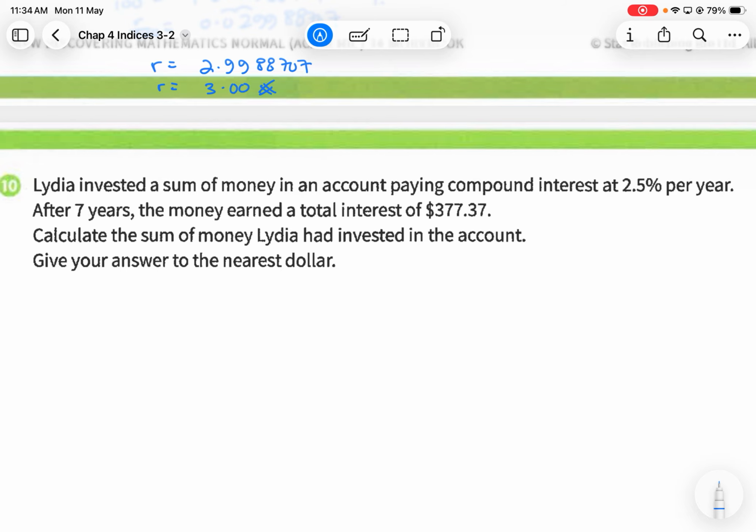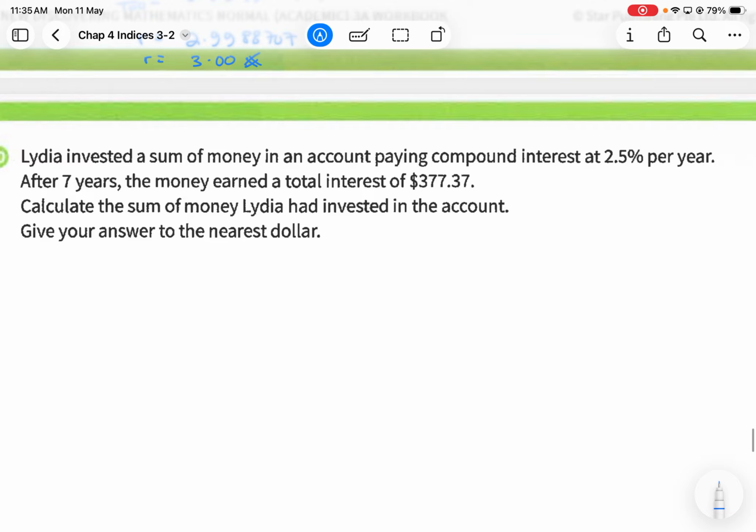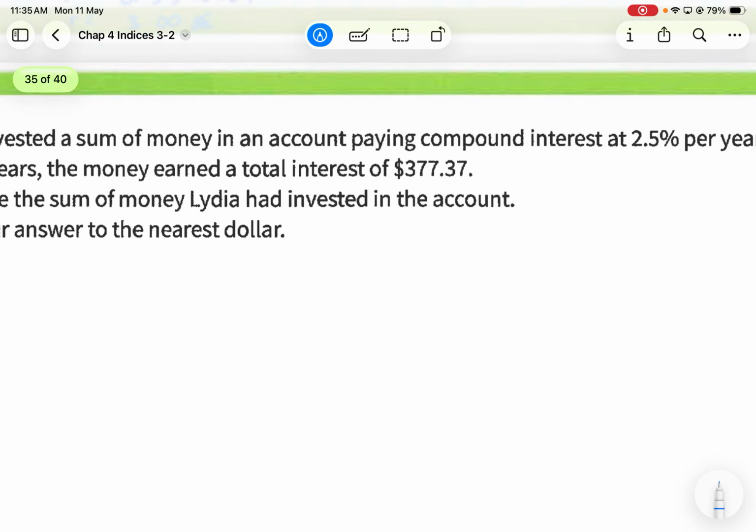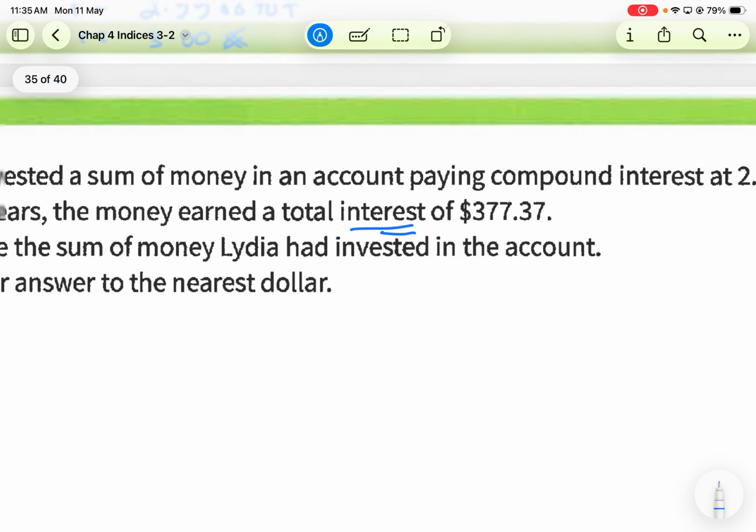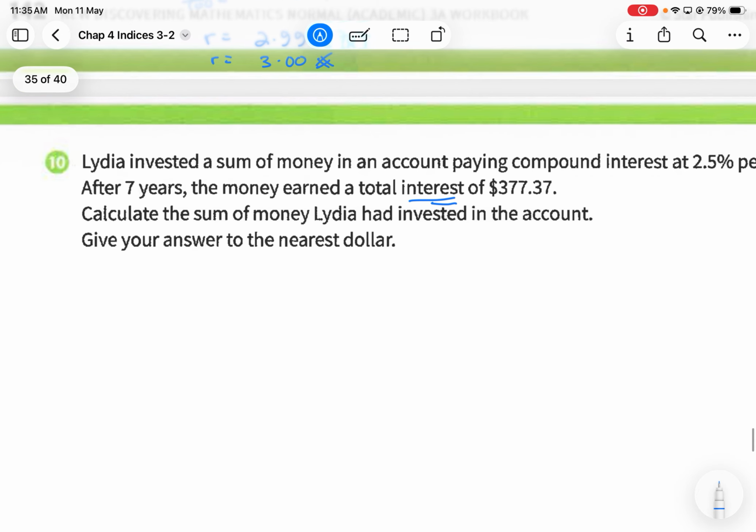Okay, try question 10 on your own. It is also reverse. They never give you the starting amount. They want you to find the starting amount. They also never straight away give you the final amount. They give you the interest. So the clue is